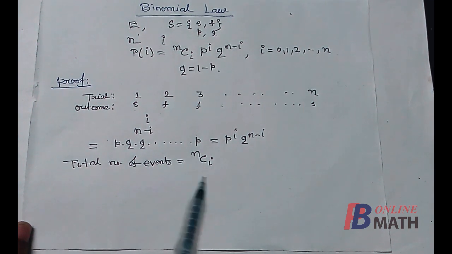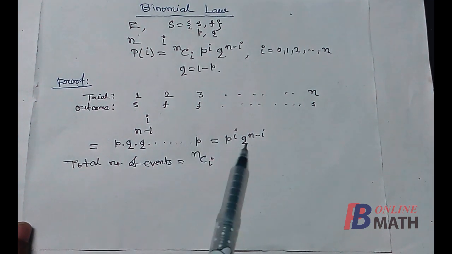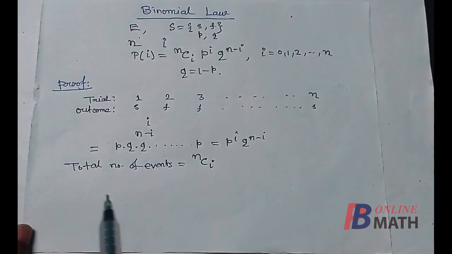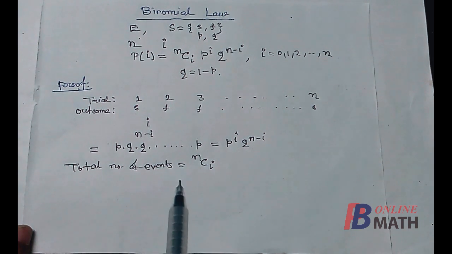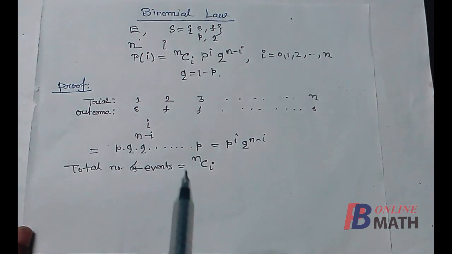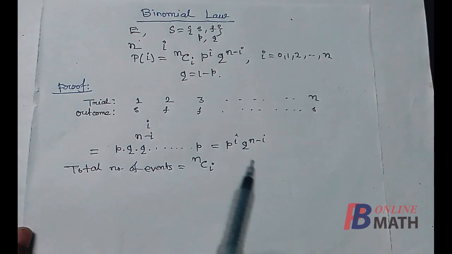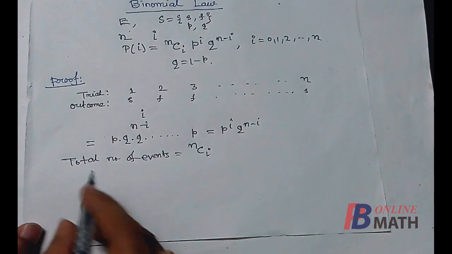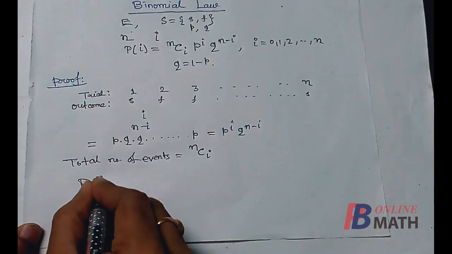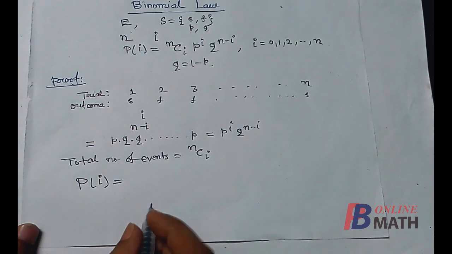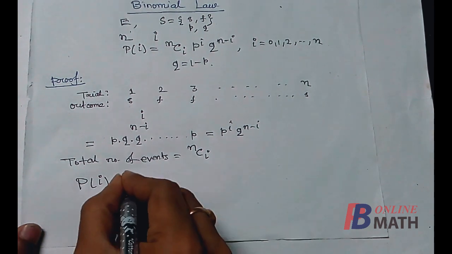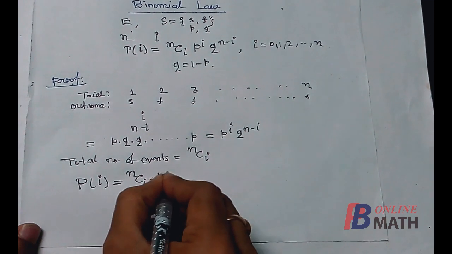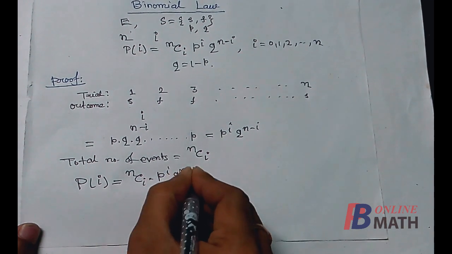And for each permutation, the probability of that event is P to the power I into Q to the power n minus I. So now what is the required probability of getting exactly I number of successes? Now we have this total number of events, and for each event the probability is P to the power I into Q to the power n minus I. Therefore the required probability that out of these n trials we shall get exactly I number of successes is equal to nCi multiplied by this probability, that is P to the power I, Q to the power n minus I,